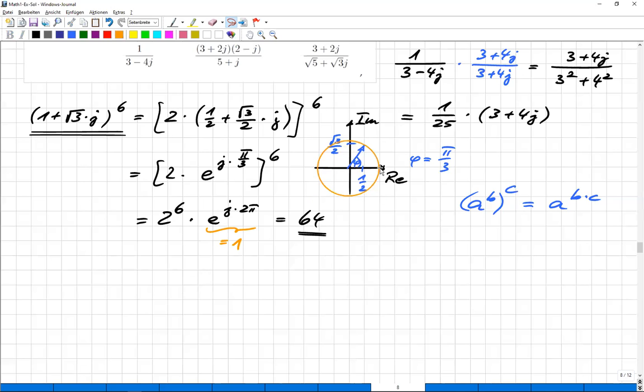So this is just an aspect of what's happening here. This is the argument thing that you can see here. What happens to the argument? What happens with the direction? The rotation of a complex number by potentiating this. This is what you see if you think about rotating it. But the modulus aspect is inside the calculation. Or I can say, or you would say, 1 plus root 3 times j to the 6. It's like